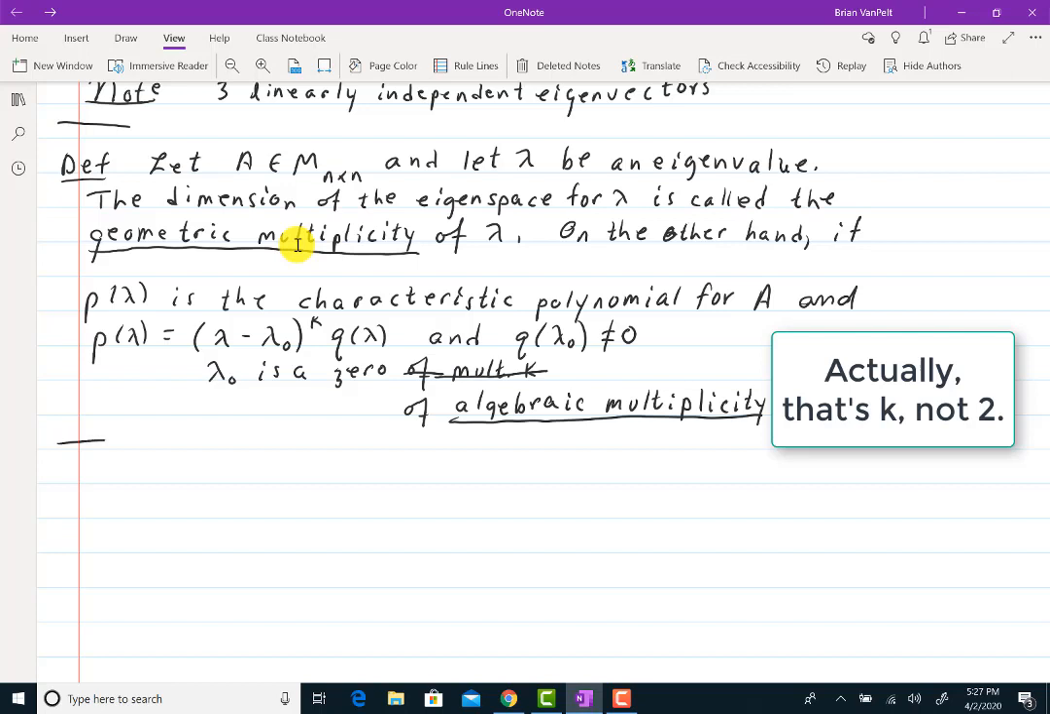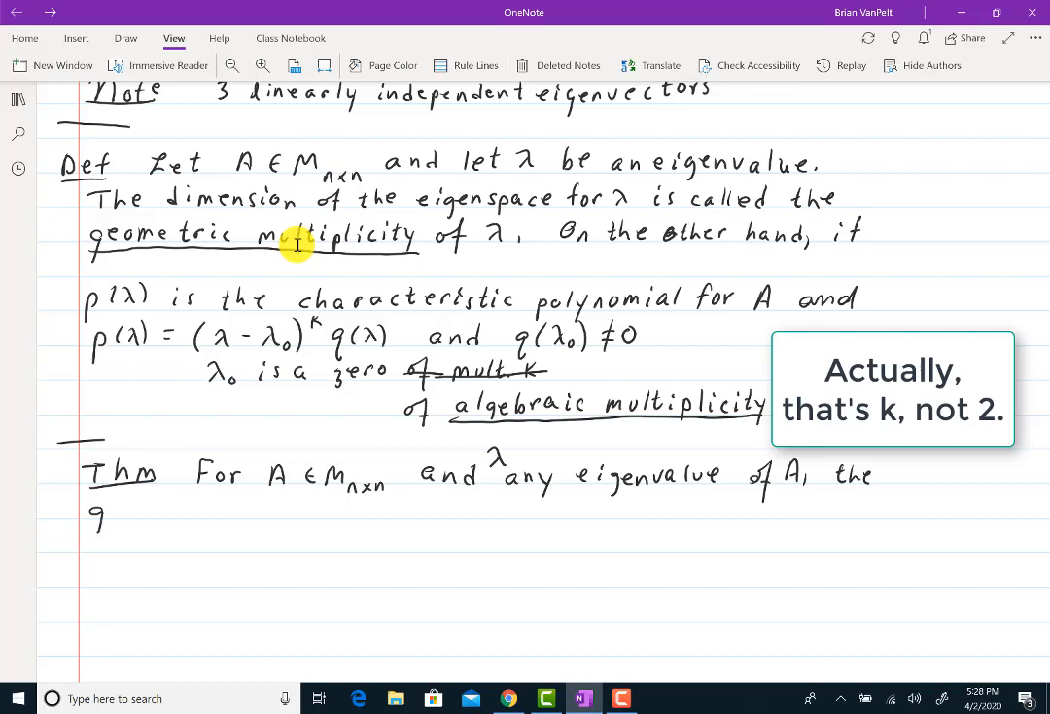Here's a theorem that I'm going to state without proof. The reason is that it's a lengthy thing, and it uses techniques that I'm not sure are very useful to this course. Although there are some nice insights, I'm going to avoid it nonetheless. So here's what I have. For A in M n by n, and lambda any eigenvalue of A,